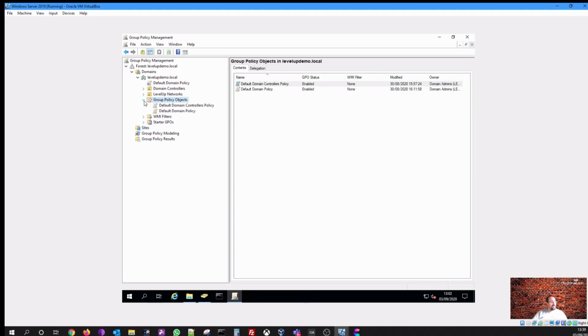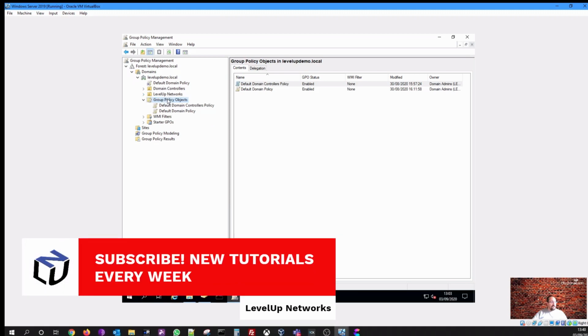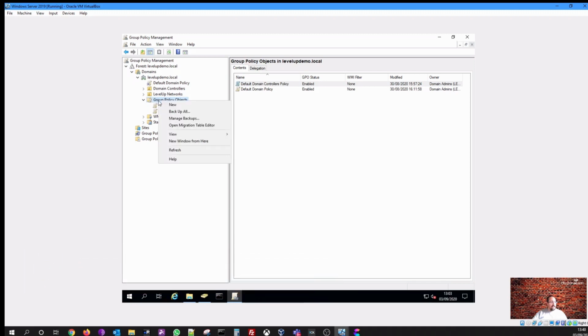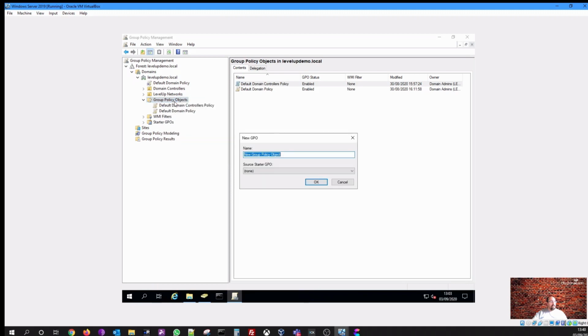Okay, so if we expand the domains, and group policy objects. Right, so we have on the domains our forests, and then essentially it's our different OUs within the GPO. Okay, so we're going to set up different objects. The first one we want to do is to create a new policy to assign shared drives for our staff. So if you right click on where it says group policy objects, just go to new, and we're going to call this shared drive